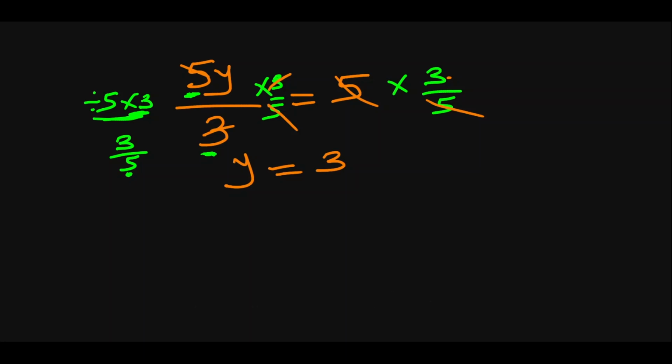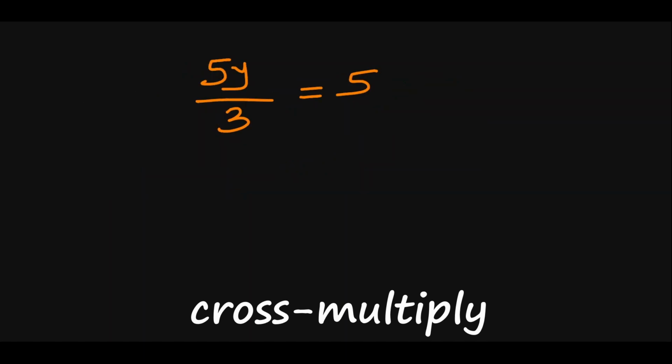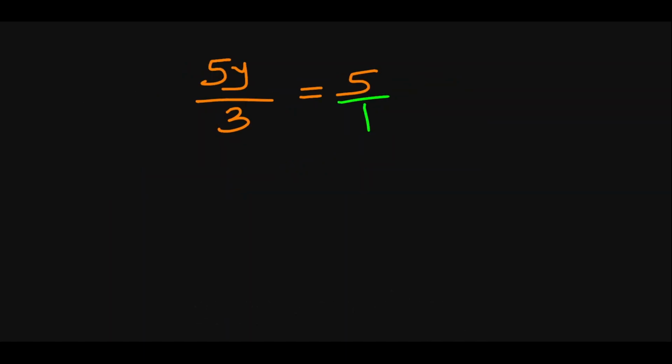And that is the concept of cross multiplication. Now, the cross multiplication concept is simply saying that if we have two fractions on either side of the equal to, we can cross them this way. That's what it means, cross multiply, such that the denominator of this one on this side multiplies the numerator of the one on the other side. The numerator of this one multiplies the denominator of this.